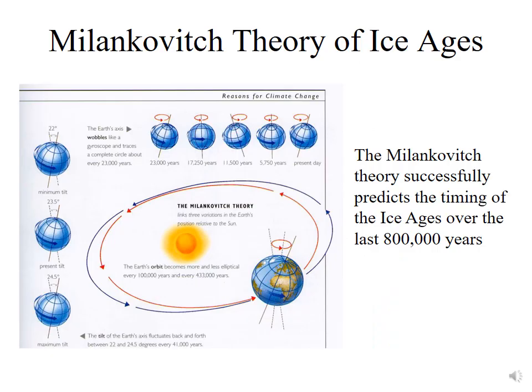And so why did we have these great climate fluctuations in the past when that obviously wasn't caused by humans? Well, there's a theory to describe the timing of the ice ages, and that is Milankovitch theory. Milankovitch theory successfully predicts the timing of the ice ages over the last 800,000 years. And so what Milankovitch basically came up with is that there are orbital parameters and reasons why we go into